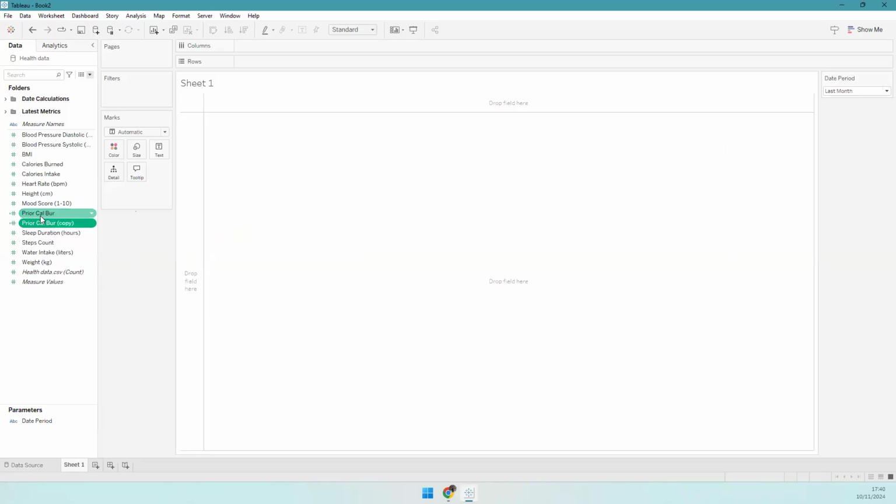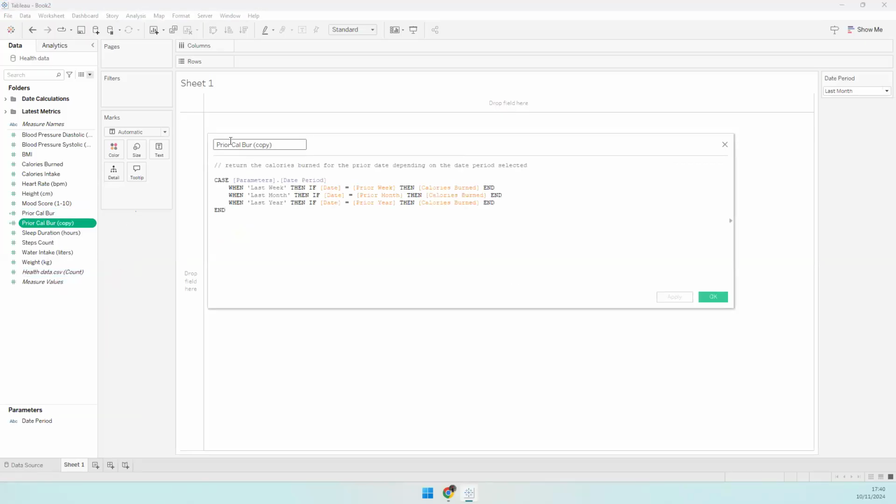I'll create another one, and it's going to be the prior calorie intake. Okay, it's going to be prior calorie intake, and again, it's the same idea we are applying here. It's just that we are going to be returning calorie intake. So one thing about Tableau that I find very fascinating is, let's say you have repeating calculated fields, you can see that once I build this